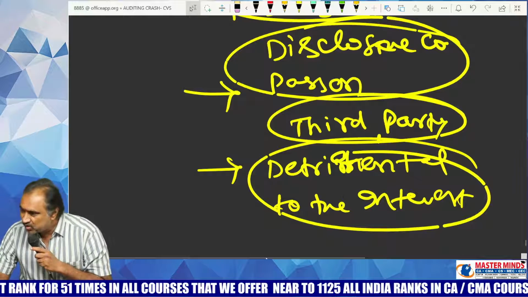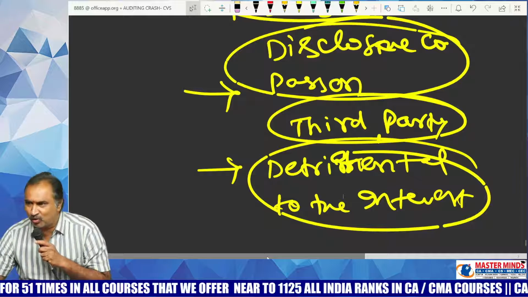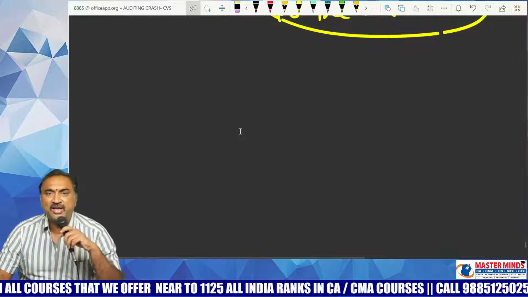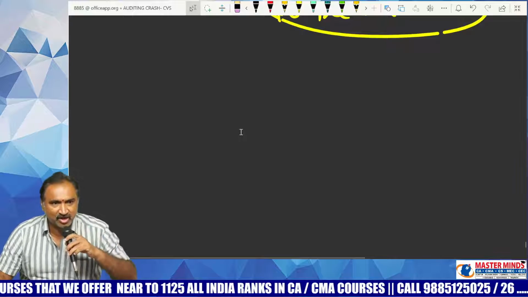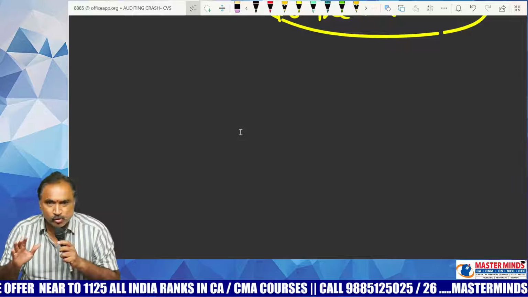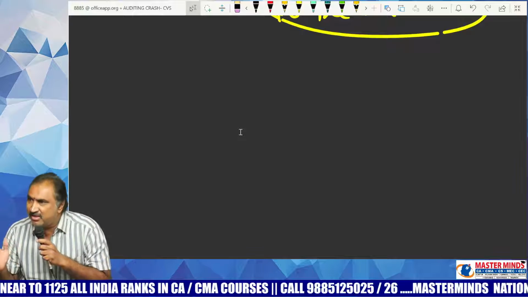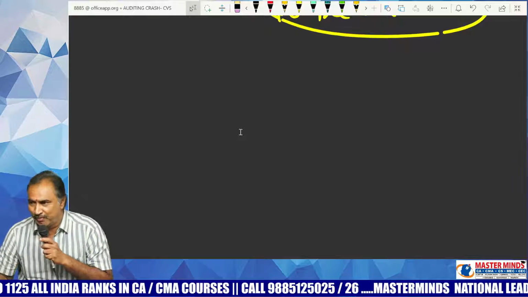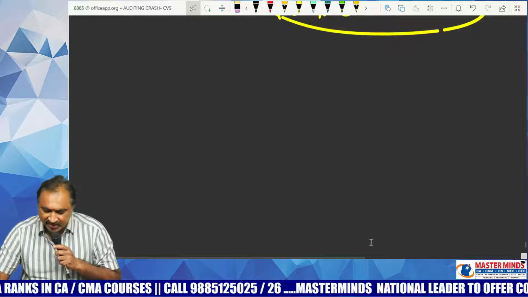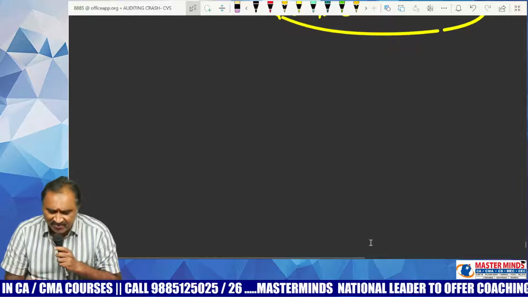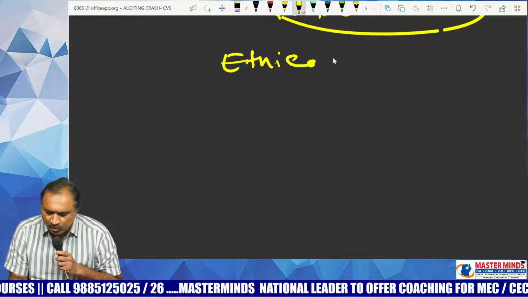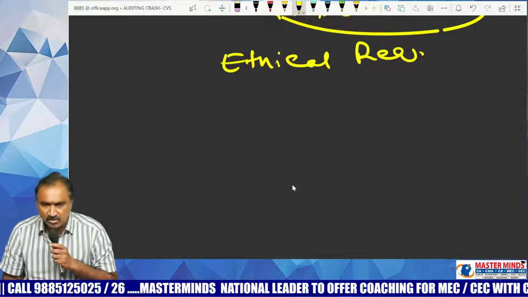Do you understand my question? That is sufficient. I will give you the answer too. So how do you convince the company to get the required information from them if you were the auditor? If I were the auditor, I will mention the following things to the company so that the company may get convinced and provide the required information to me. The point that I will communicate to the company in that case is like this. You know very well about ethical requirements.